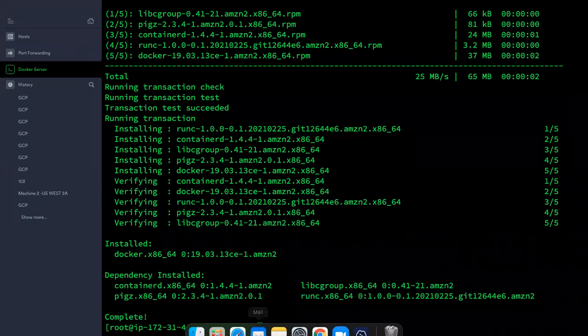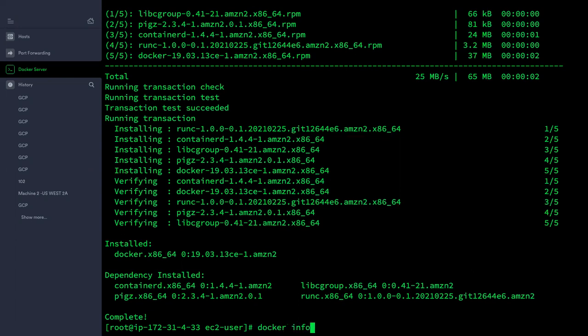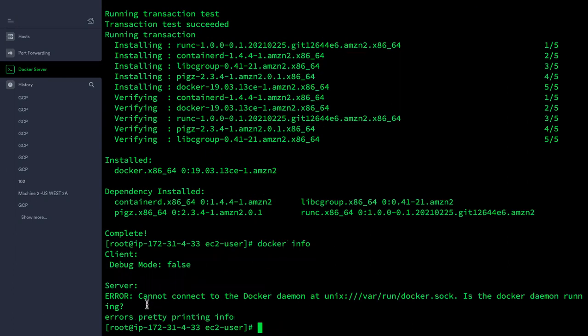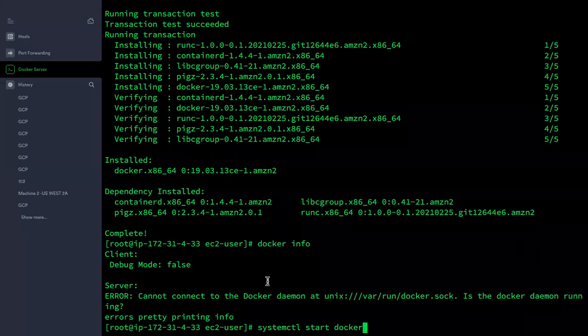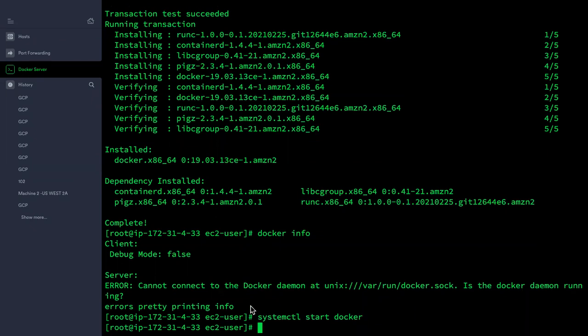To check the Docker version, just simply type docker info. Cannot connect to the Docker daemon, so we have to start the Docker service. systemctl start docker, and hit enter.